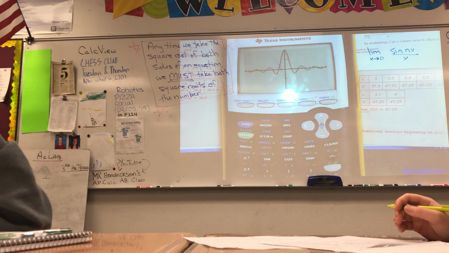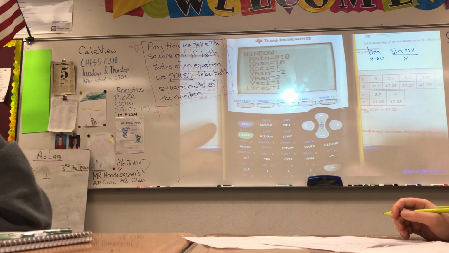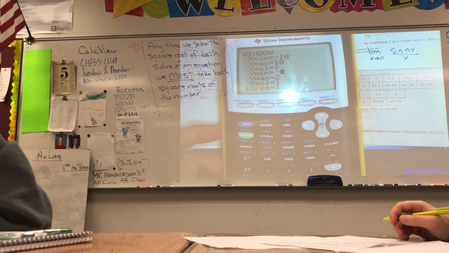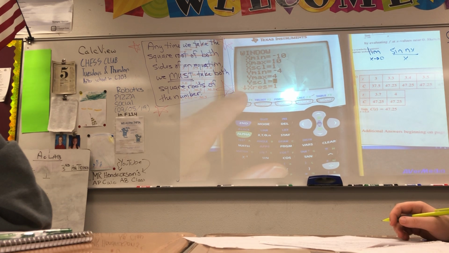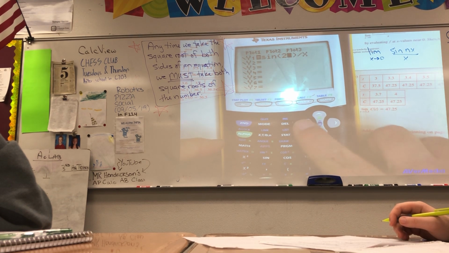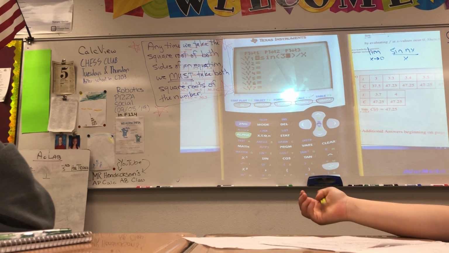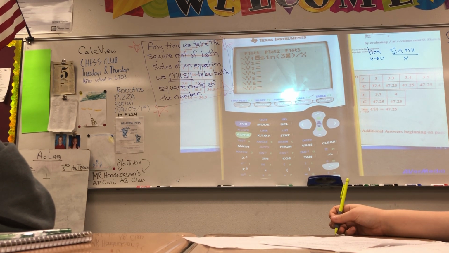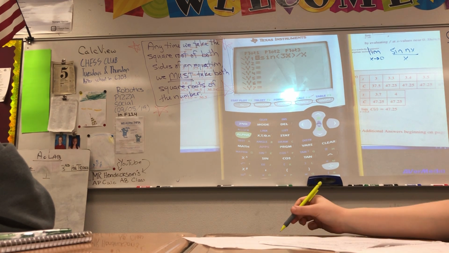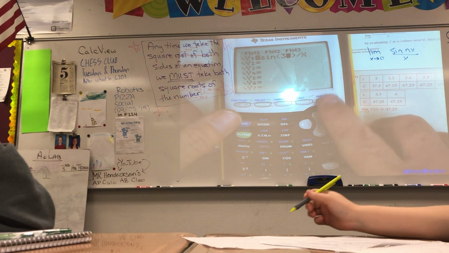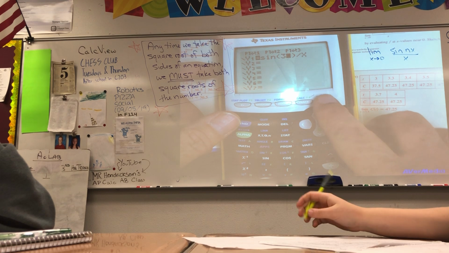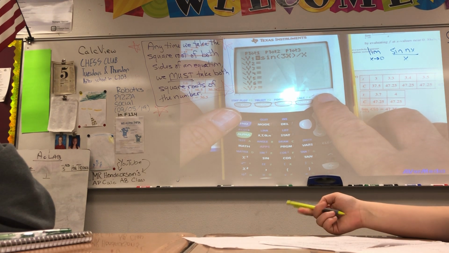Might have to change the window if we're going further. -4 to 4. And then I'll change this to 3x. So when n was 1, it went to 1. When n was 2, the limit was 2. Huh. What are we kind of hoping this will be? 3. Hoping it'll be 3 because,